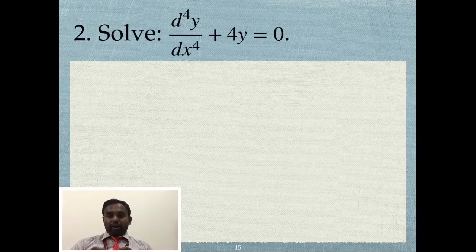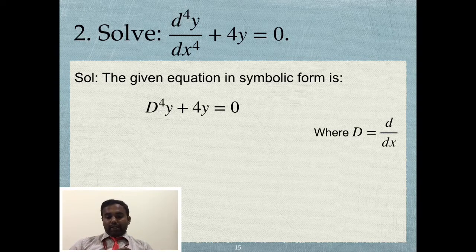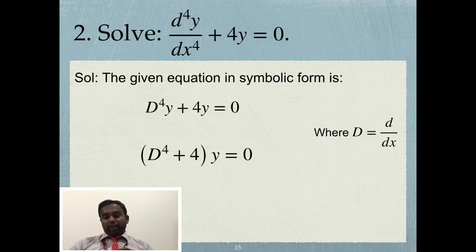In the next stage, we will look into one of the interesting problems, d power 4y by dx power 4 plus 4y is equal to 0. Here, the given differential equation is homogeneous, and quite obviously we know that for a homogeneous equation, the complementary function itself serves as a solution. So the given equation, the moment we write it in symbolic form, we will be getting d to the power of 4 plus 4 into y